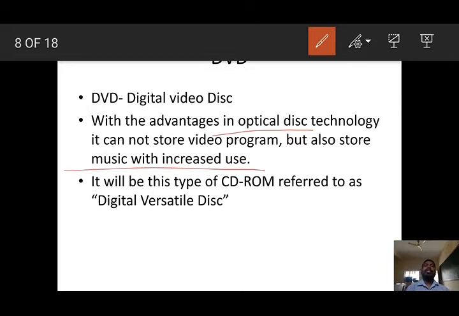Dear students, in earlier days DVD was used to store only video programs. Later, with the advantages of optical disk technology, we can store any kind of data, so it is renamed or referred to as digital versatile disk. The versatile is the performance of the DVD.